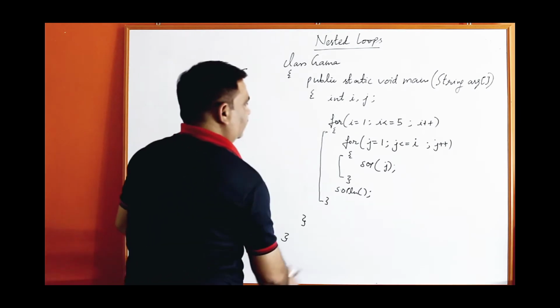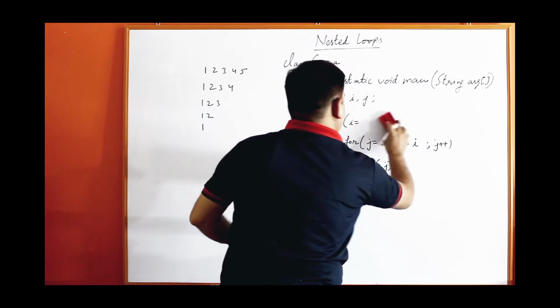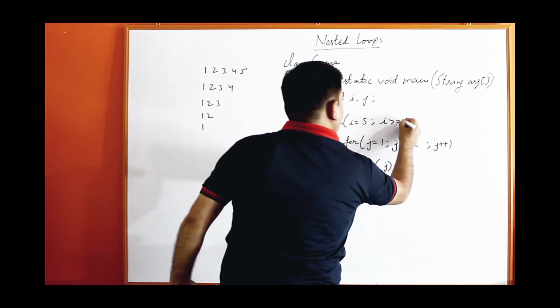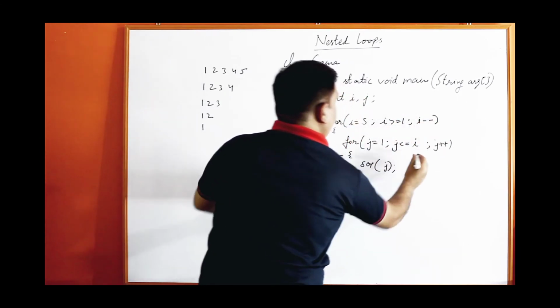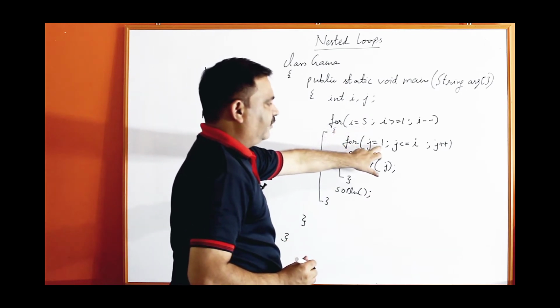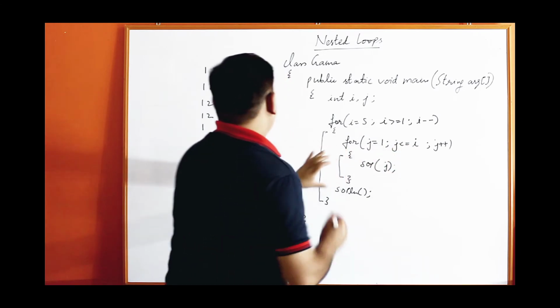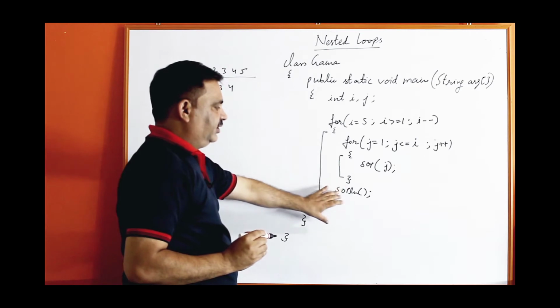So in place of 1, just change the I loop first of all. Start from 5, I is greater than or equal to 1, I minus minus. This loop will remain the same because I is 5 here. It will start from 1 up to 5. Put the value of I here, 1 to 5. It will print 1, 2, 3, 4, 5. First line. Then changing the line afterwards.